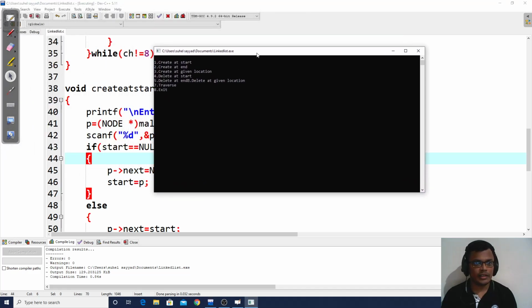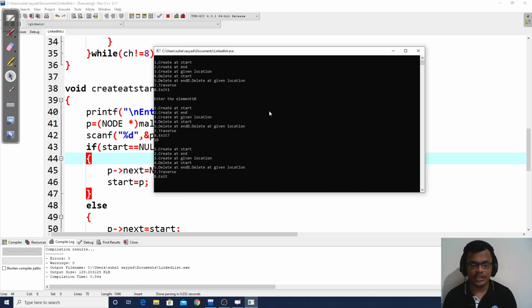So we can see there are 8 options we have printed, but as of now we have not implemented all the 8 options. There is some mistake with the printf also that we need to correct at option number 6. So first I do create at start, I enter the element 10. If I traverse now, you can see 10 is getting printed. The linked list was empty the first time, P got allocated, and we got data in that P's data, that is 10.